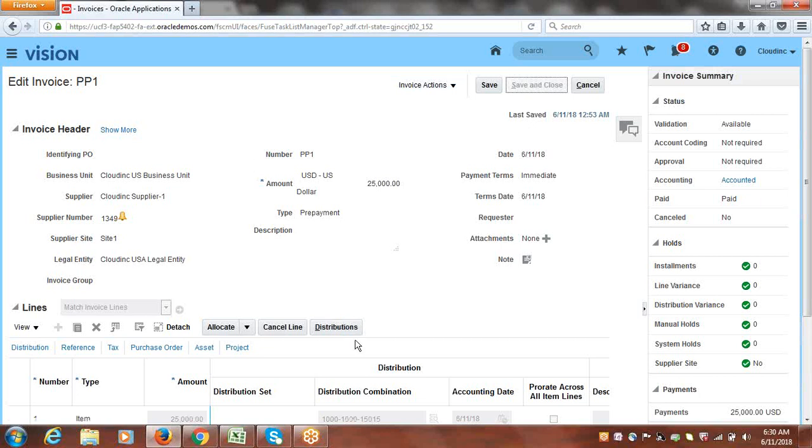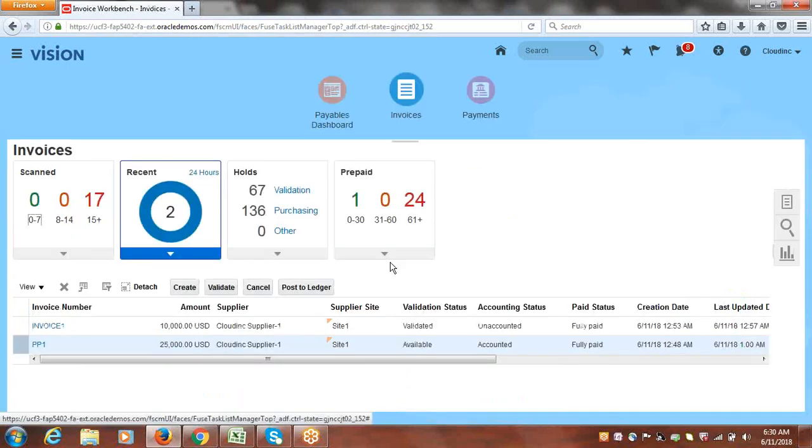Okay, where's the bank account, from where does the system derive it? What accounting it creates remains the same. We never find the difference in this Fusion compared to EBS. Yeah, please. Sorry, the bank account, when you make the payment,